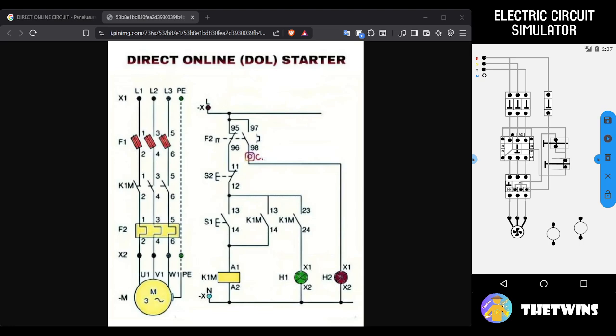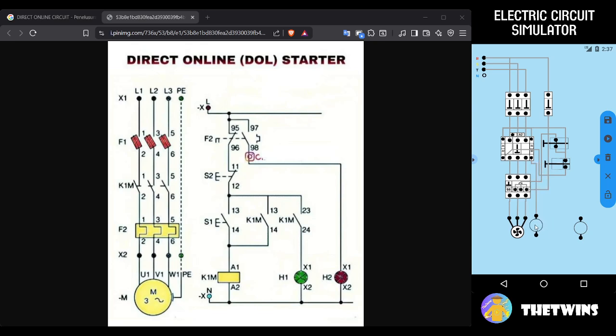And now add the neutral. Okay, we next to here first. 24 to lamp. 24, 44 from here to here. Okay, we can drag or hold.